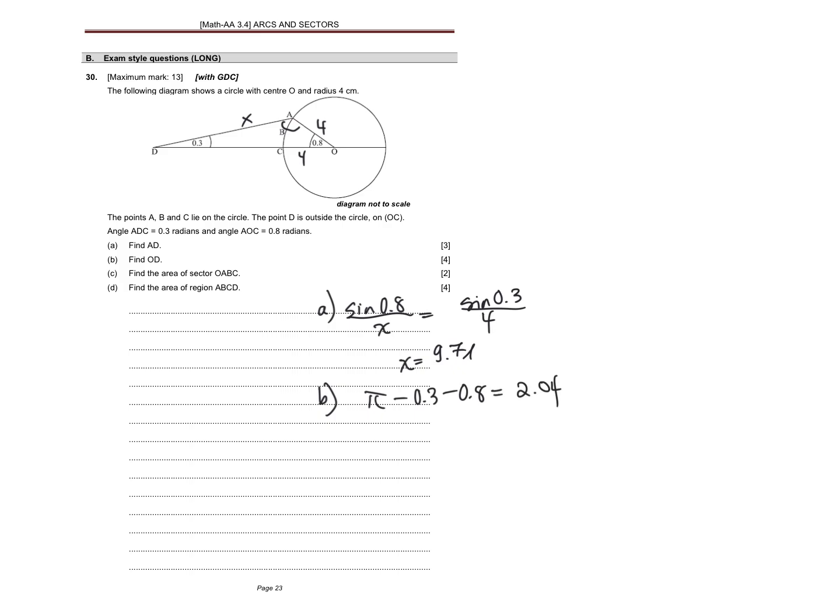Now we can do cosine rule, because we have cosine 2.04 equals x squared, which is 9.70 squared, plus 4 squared minus 2 times